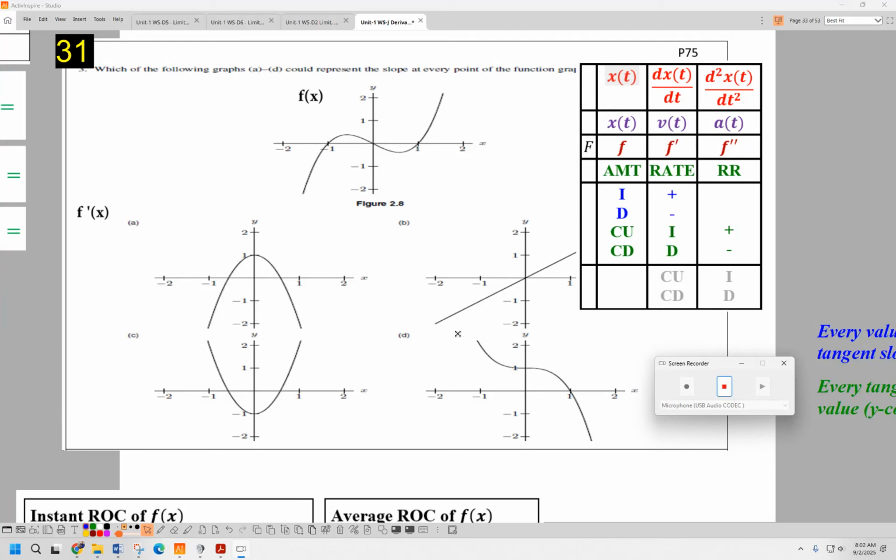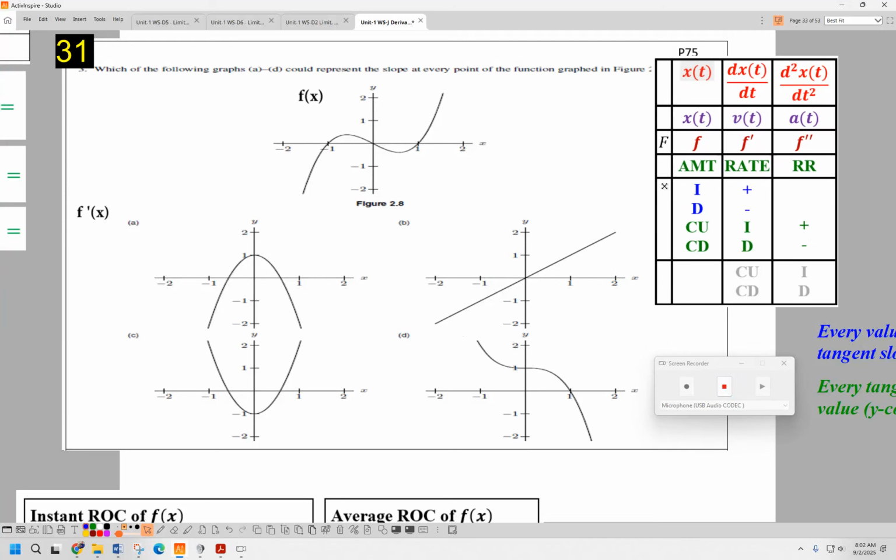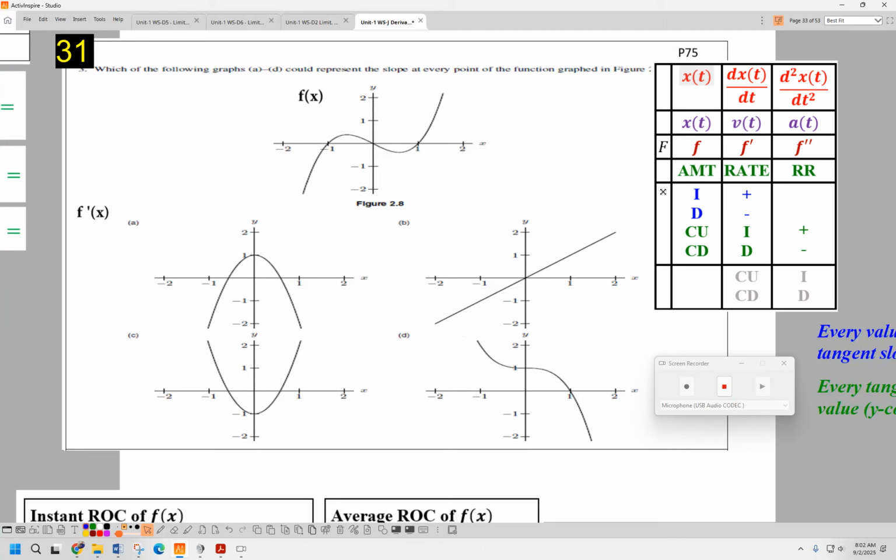And so I just go looking point by point, but I want to start perhaps using this chart a little bit. So if I look over here, I'm trying to match up the tangent slope of f with the y-coordinates on f prime. For example, I have this little saying that's on your reference sheet. I might find this can be quite helpful. Every value that you see on f prime, every y-coordinate, is going to be a tangent slope of f. So you can start anywhere. We'll just start kind of left to right here for a second. And we'll notice that right here,